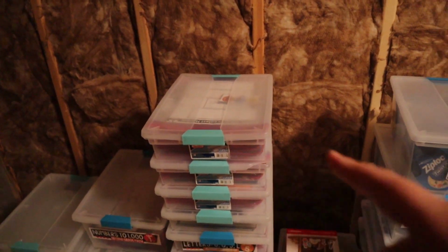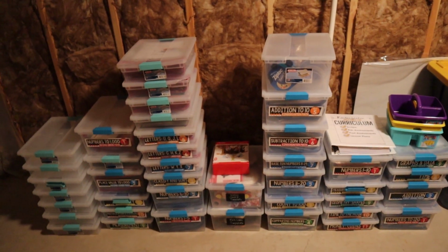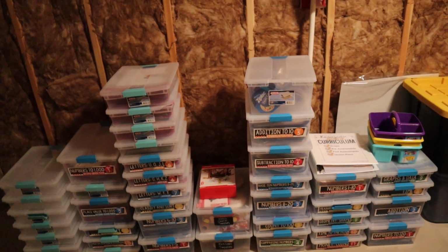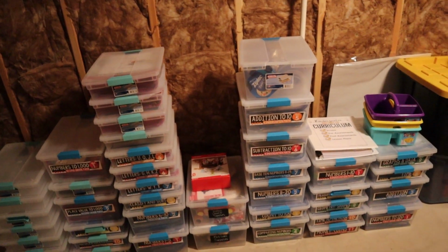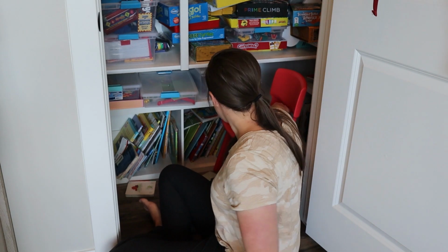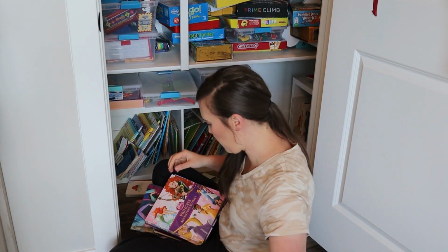They're just not labeled yet. So those will also need to go upstairs. So we're going to start that process, and hopefully it goes well, and hopefully it doesn't take too long to get through everything. Okay, so here I am just taking some books out, getting some stuff out of the closet,